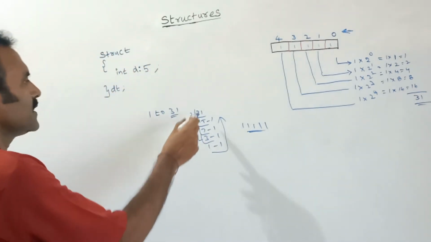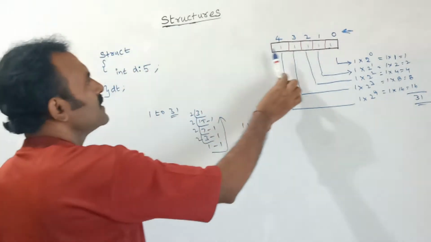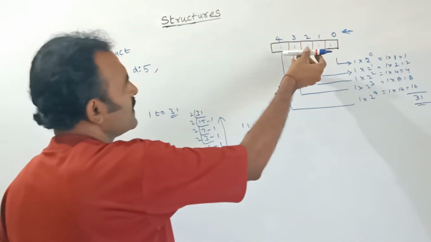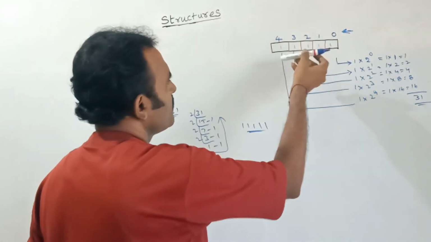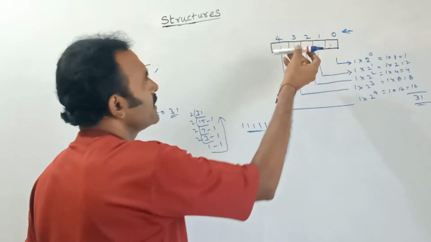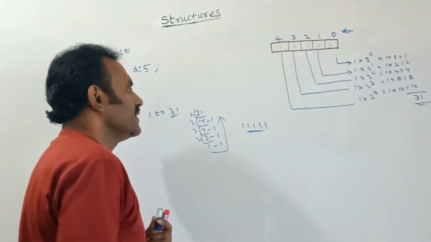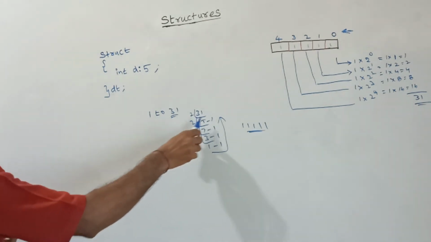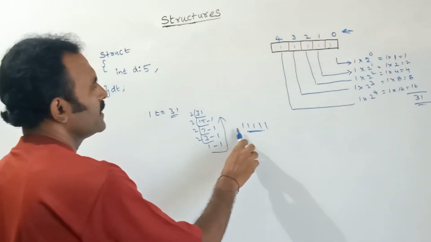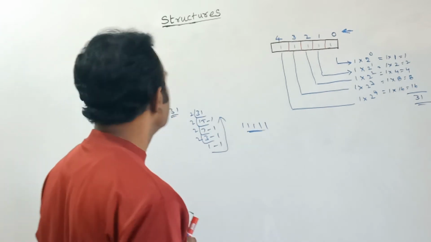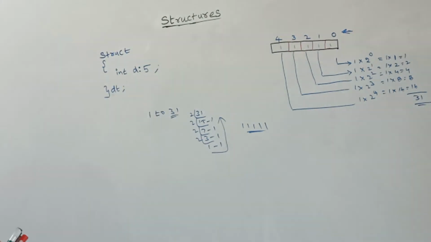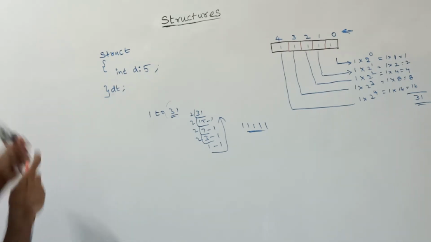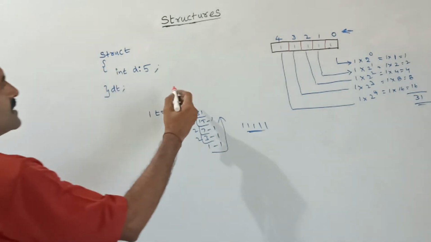Suppose you are storing 31, it will be stored in this way. Each number is converted into binary, and that binary value only is stored in the memory. If you want to convert this binary to decimal, we can convert in this way. So the maximum date is 31. Convert this 31 into binary, then every bit will be 1. See, next here the main thing, this is important, we should note here. What is this data type? This is signed one.